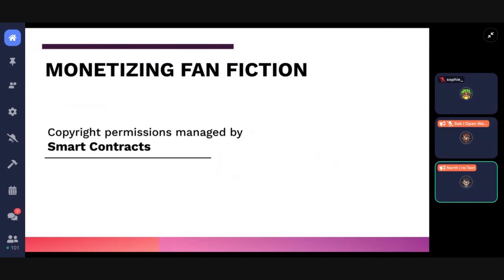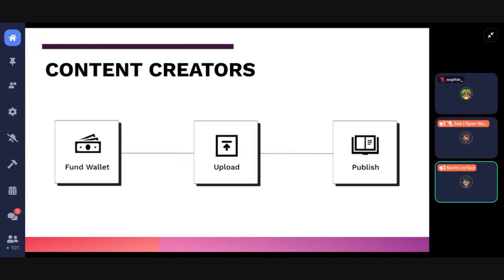A big problem Retext tackles is that of fanfiction monetization. Fanfiction is mostly unauthorized writing by a fan base on an existing work of fiction. This has always been basically impossible to monetize, both for the original content creator and for the fan author. Through the utilization of smart contracts, Retext lets original content creators authorize fans to innovate stories, arts, and sequels based on the characters, concepts, and the world behind their work. Both the content innovator and the original content creator would be compensated fairly for their work.